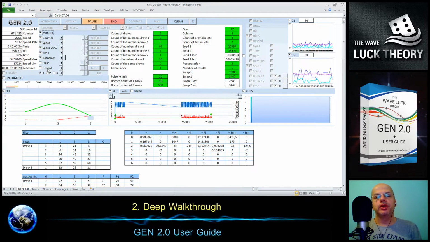Then we have here the pulse function, and I will enable it right now to show how it works. We have the value here, number 4, and it's actually the count of previous draws, number 3, plus 1 future draw.